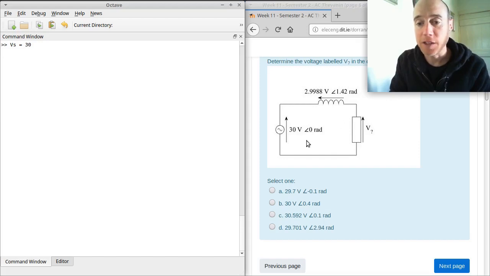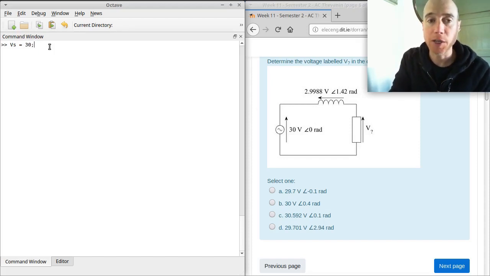And in fact, the phase angle of that phasor is 0, so I don't need to worry about adding an angle there. I'll just enter it as 30. I'm putting a semicolon to stop it from printing out each time it assigns a value to a variable. That's all the semicolon does. Put in VL. VL is equal to 2.9988,